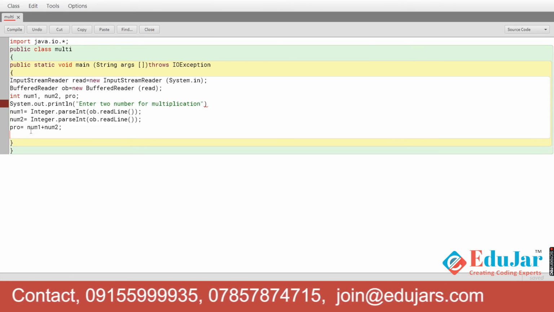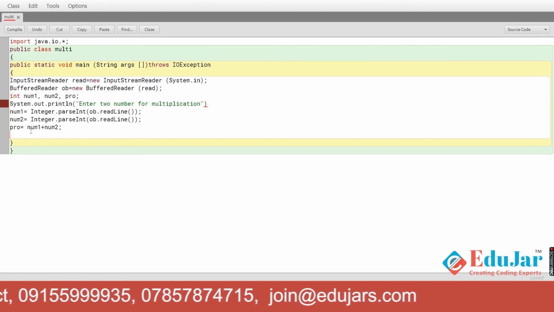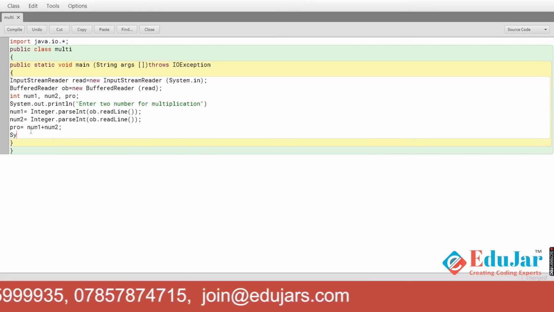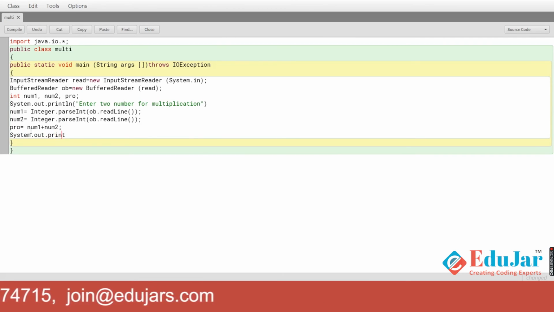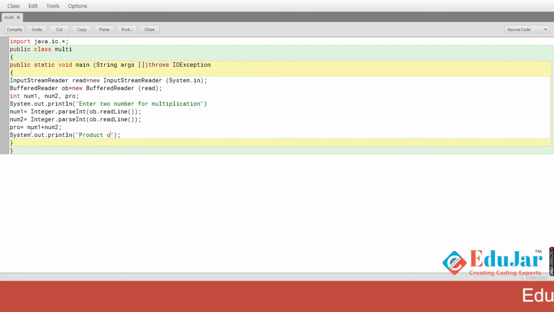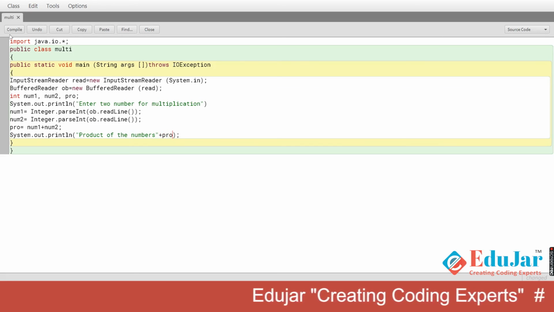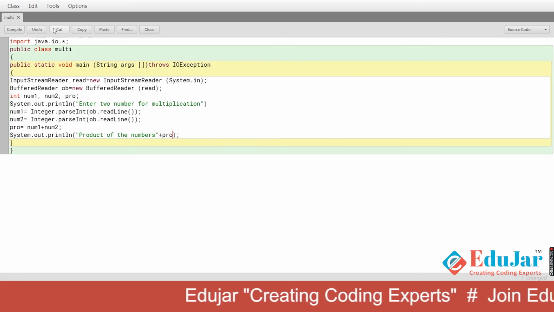Now after the calculation part, we will give out the output: product of the numbers, and the pro, where we have stored the answer. So the program has been written.